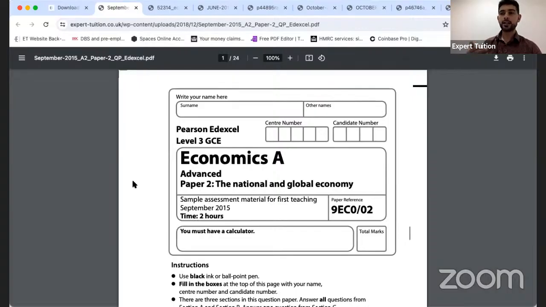I think the extracts in relation to the Eurozone are outdated, kind of overdue. And the reason why I'd argue that they are topical is for two reasons. One, Croatia joined the Eurozone 2 years ago. So they will have data on Croatia. That could be the stem for the 25 marker, or it could be an extract and you can get a